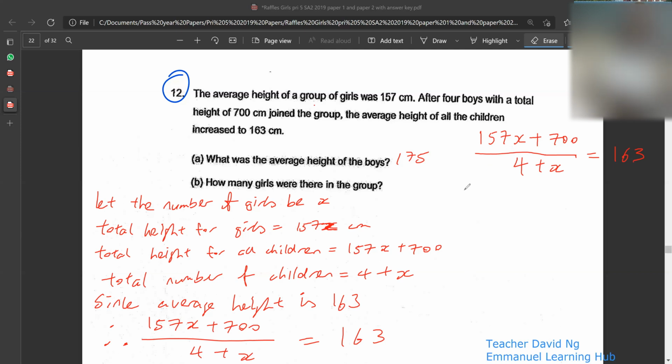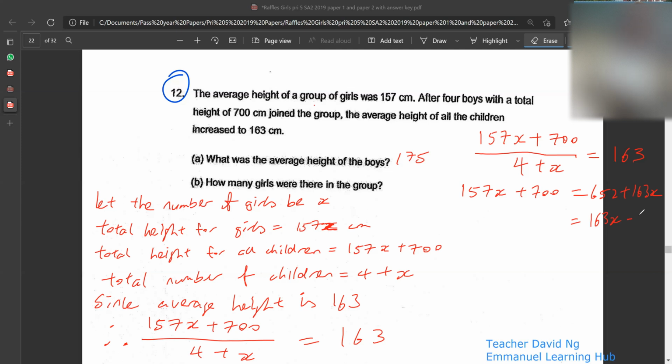Okay, this one. 4 plus X, I bring over here, will be 163 times this. 163 times this will be 163 times 4 plus 163X. 163 times 4 is 652 plus 163X. Can you understand this step? Yes? Okay, then after that,